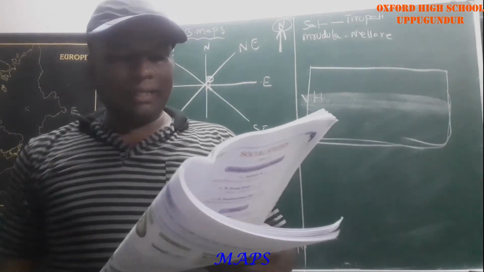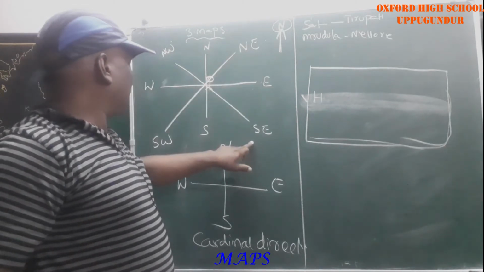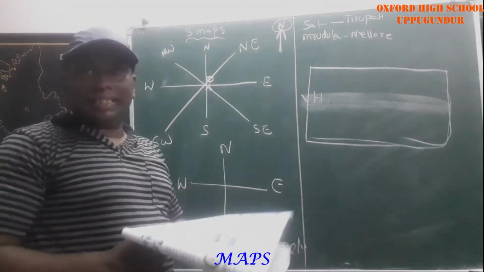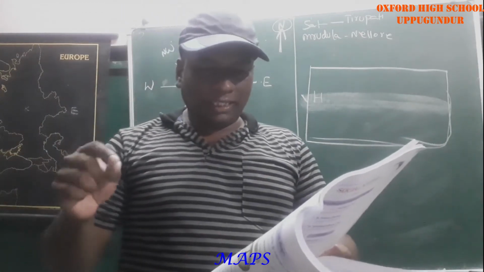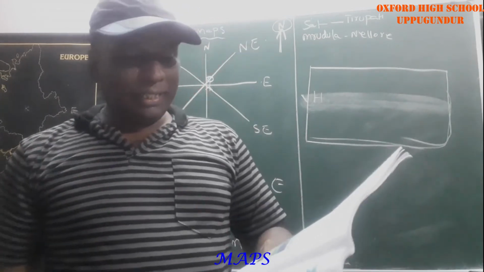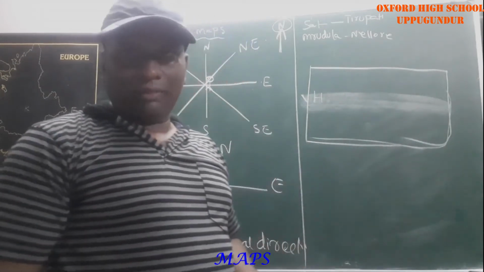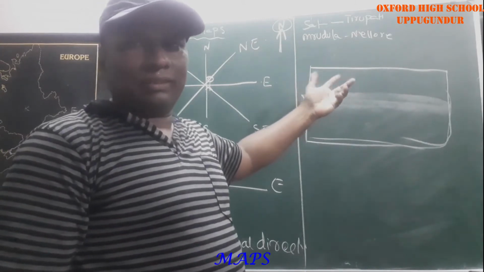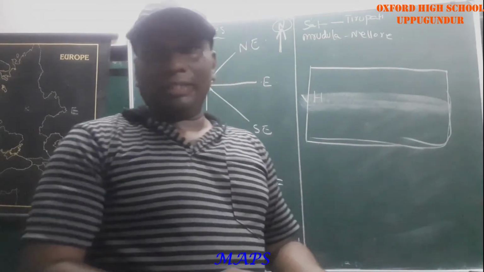The other 4 intermediate directions are northeast, southeast, southwest and northwest. These are all called intermediate directions. We can locate any place more accurately with the help of these intermediate directions. Okay na? If you want to find the corner of a place, by using these intermediate directions we can easily find that direction also. That information is given on the first page.